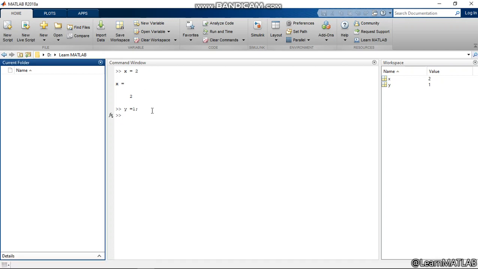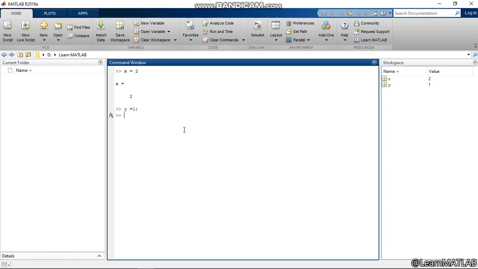Now let us see what kind of tools and privileges MATLAB has given us. Here in the tool strip, we can see there are so many tasks that we can perform in the MATLAB window. Every variable that we declare in the command window is saved inside MATLAB in the form of a matrix.